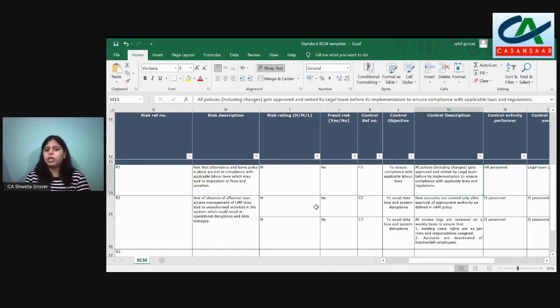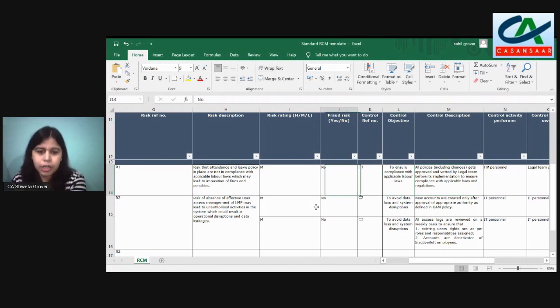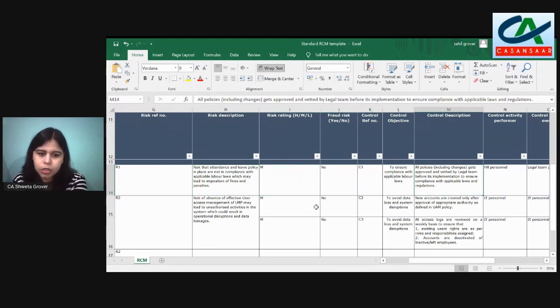You need to keep in mind that you are not going there to vet whether each and every point of the leave policies is as per labor law compliance and ticking that. No, you are not doing that. That is why I mentioned the risk rating here. This risk rating depends on your control description. When the control is in place, the risk rating is again impacted. If you have appropriate control in place, the risk rating will go down.